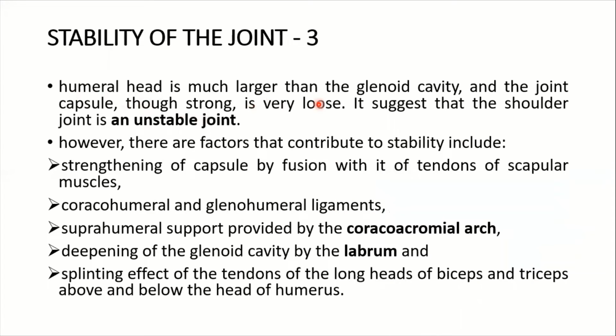The humeral head is much larger than the glenoid cavity, and the joint capsule, though strong, is very loose. This suggests that the shoulder joint is an unstable joint. Of course, why is this capsule loose? It is loose to allow and permit a wide range of movements. However, there are factors that contribute to the stability, which include